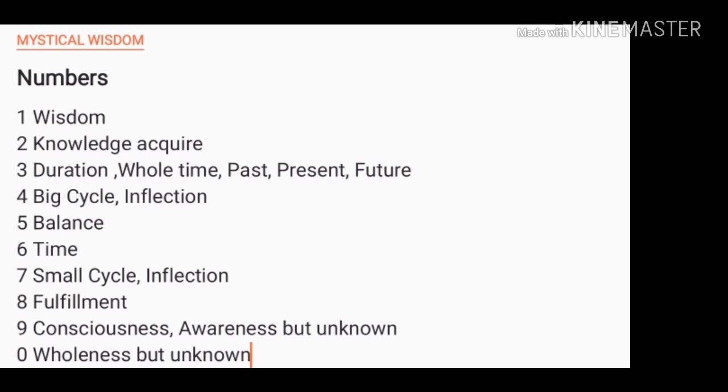Just imagine when you have a 0 on your paper, it does not mean any number. Also, nothing to count. If you have 10 zeros next to each other, it doesn't mean anything. But as soon as you add a 1 in front of them, you will have something that gives you meaning. So now you see a new number that has a meaning. It is going to give meaning to all those zeros. So wisdom